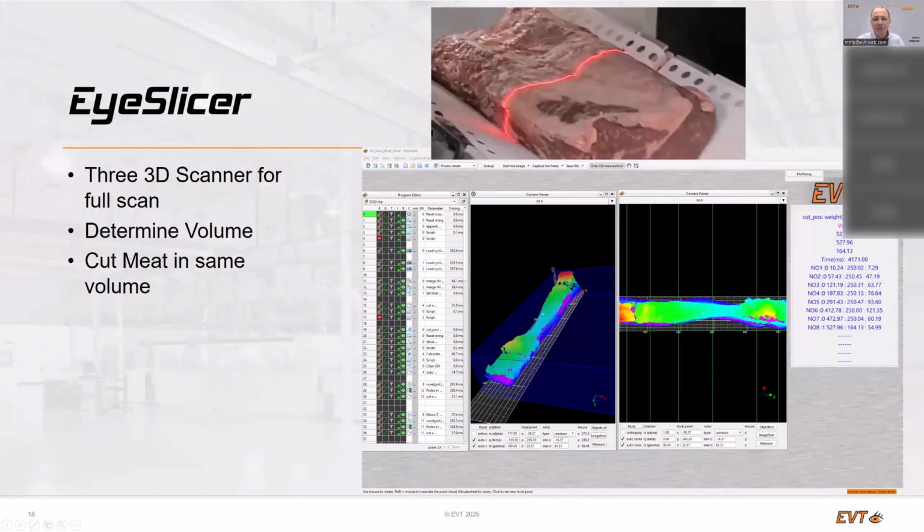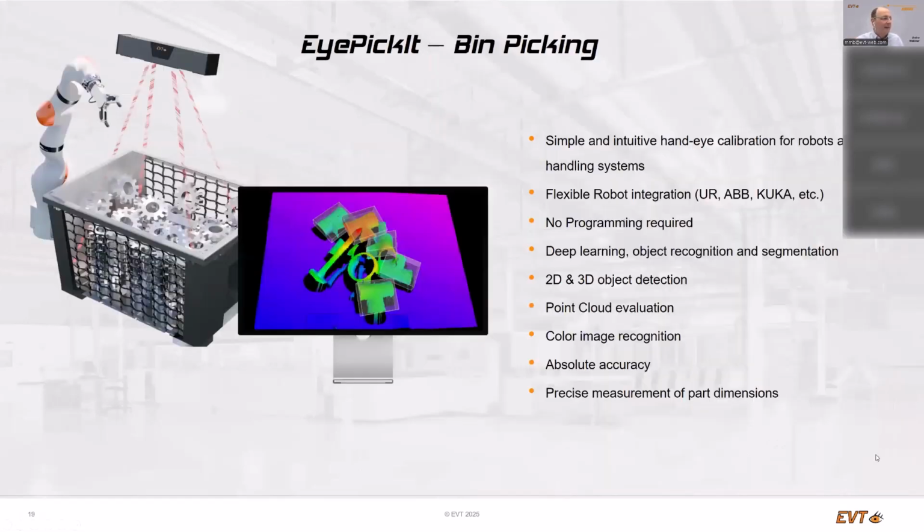Let's have a look at the next step. As we made the palletizing or depalletizing solution, we could also do this bin picking. I just mentioned it also. We have a really flexible robot integration. So you can use this small robot, which we have, as long as it can handle the weight, or you can use any of the other robot manufacturers, which we already have implemented, or we have a really flexible interface to the robots,